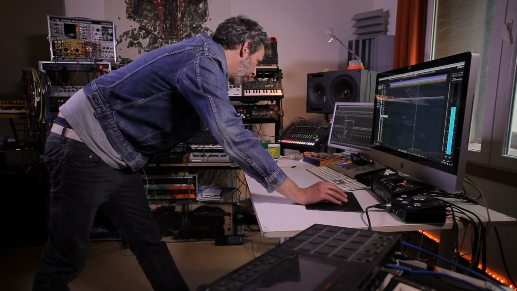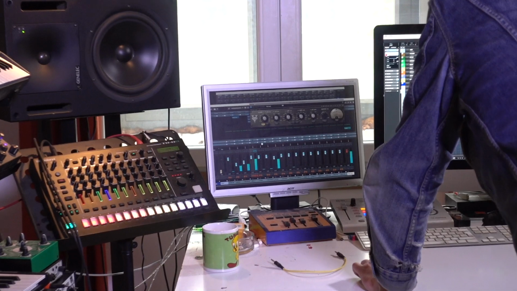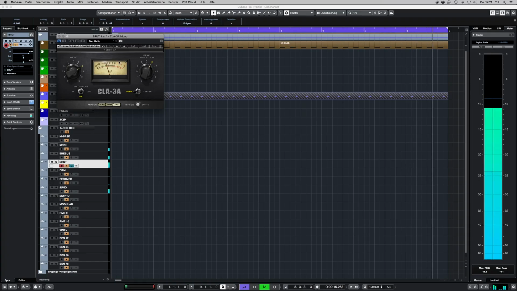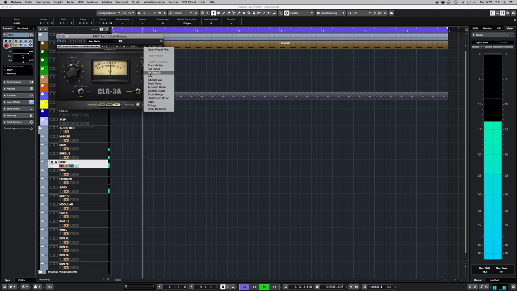Then you add an EQ to that bass drum, which makes it bassy again. So that's the compression I put on a bass drum, just to quickly have